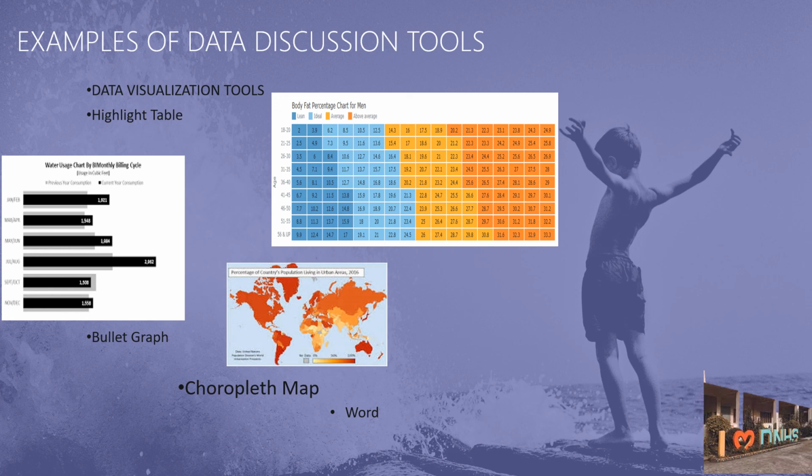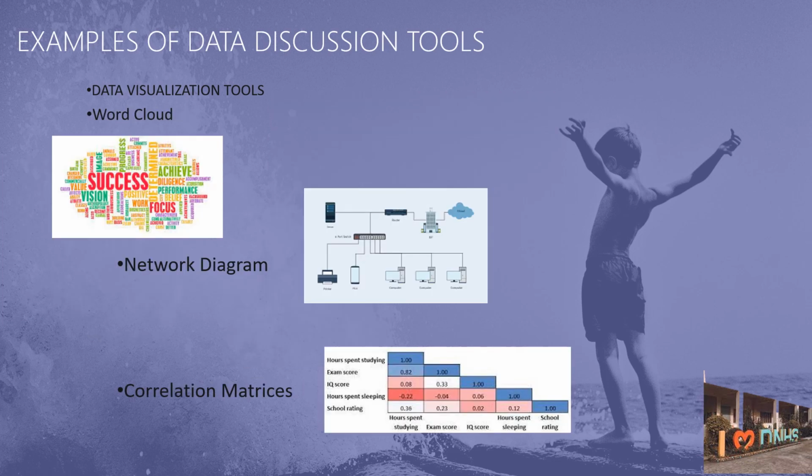This could also be rendered for women or the females. And then we have the bullet graph, where one can provide how these bars can be directly compared. And then we have the choropleth map, which would be like a highlight table, except that it's rendered as a map. Okay, and then we have the word cloud. You can use this when you try to